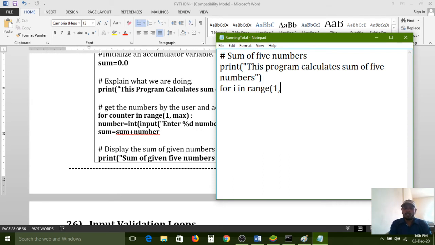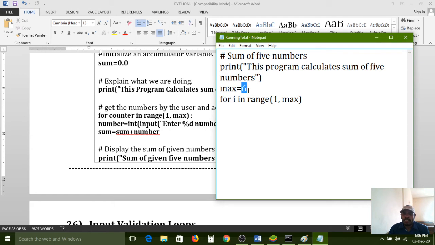The starting point is 1, and the second value is max. We haven't defined the max value anywhere, so max is equal to 6, because here we are getting the sum from 5 numbers. So I gave 6 here.